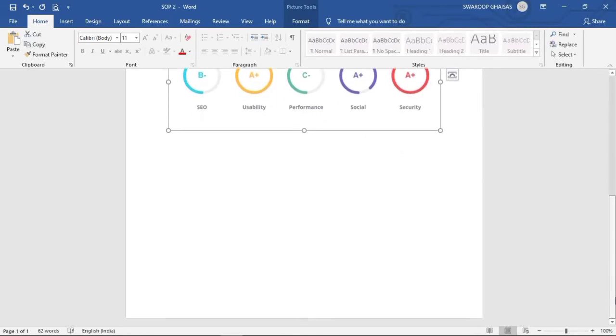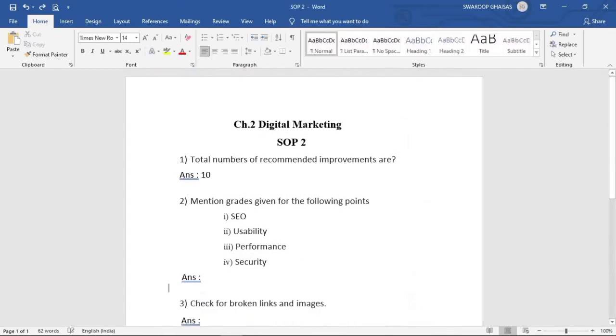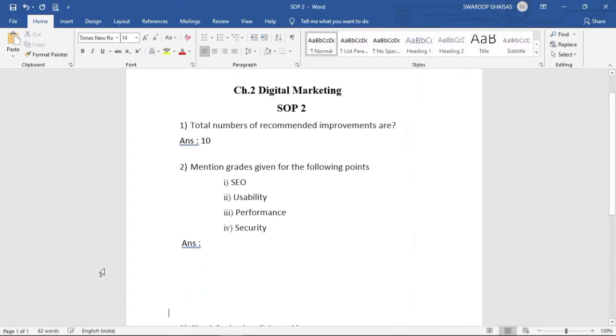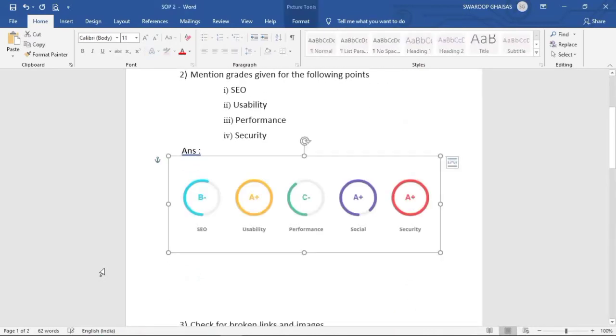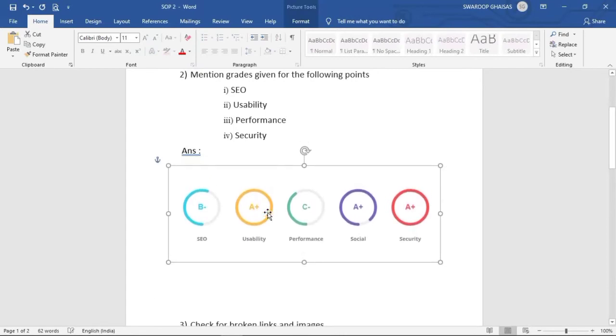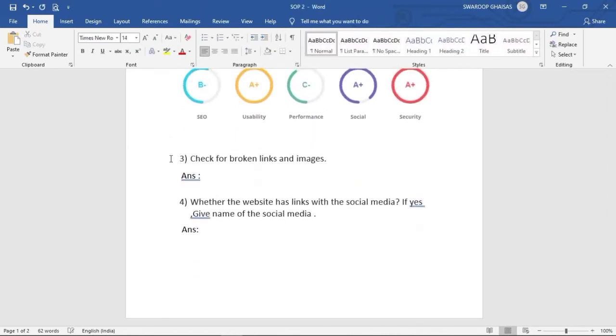Now let us solve the next question. The next question is: check for broken links and images.